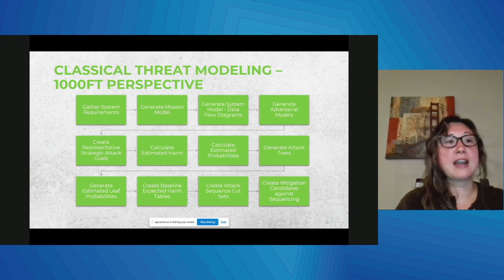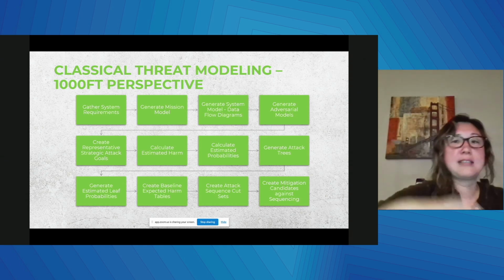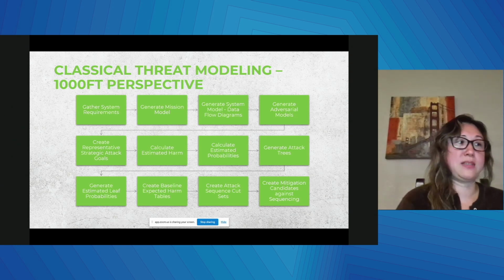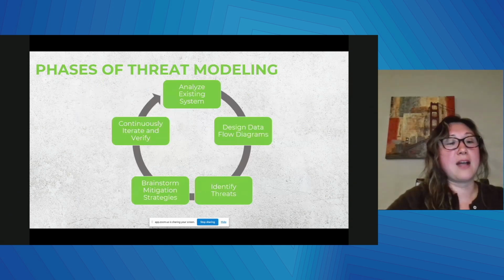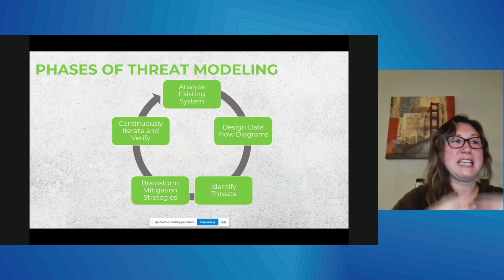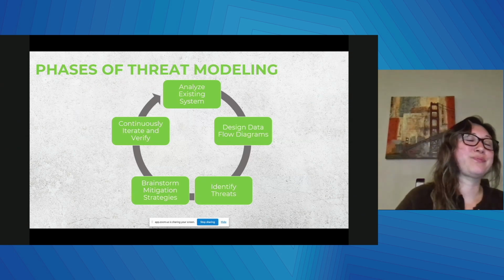However, the methodologies, techniques, and learnings can be directly applied to how threat modeling works in today's threat landscape and with missions that have safety and a lot of regulation involved. So this is what a 1,000-foot perspective of a threat model looks like. Now let's go to something that's a little bit easier to digest.